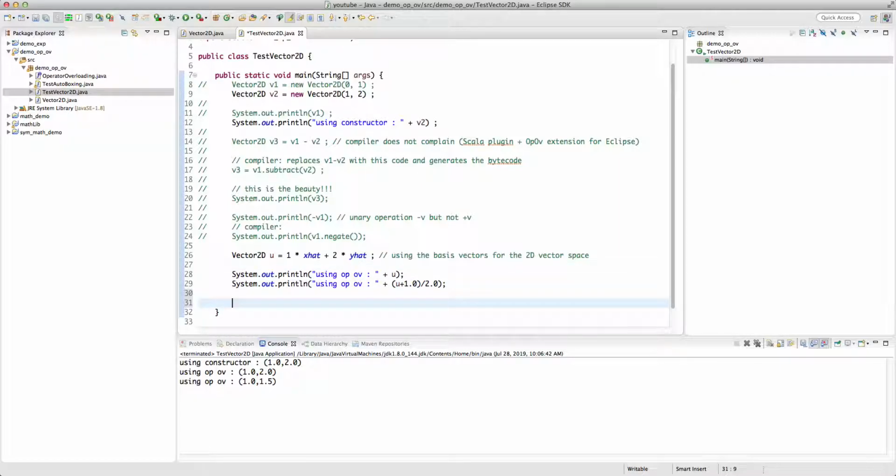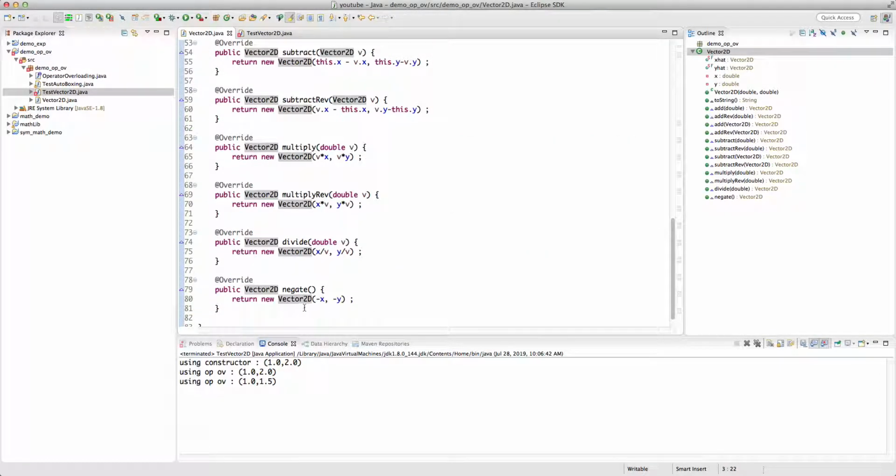Therefore, I cannot write something like v divided by v2, because when I do this, the compiler complains, and what it complains is that operator division is undefined for the argument types demo operator overloading dot vector 2D. Okay, so it doesn't know how to interpret division of one vector 2D divided by other vector 2D. Now I can go back and actually